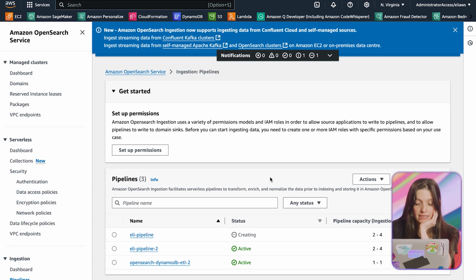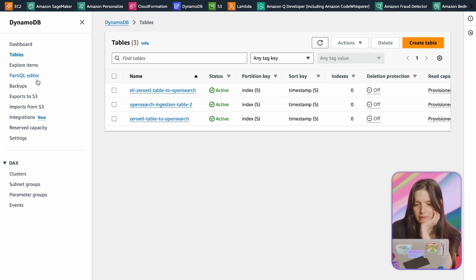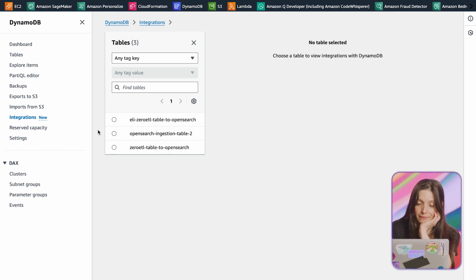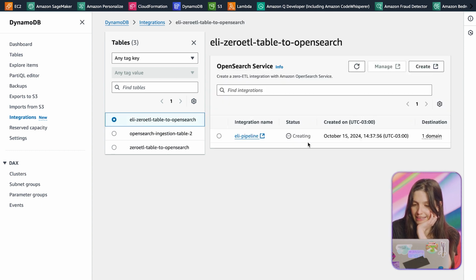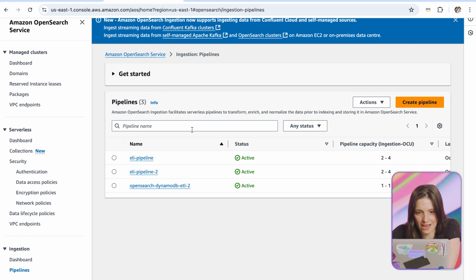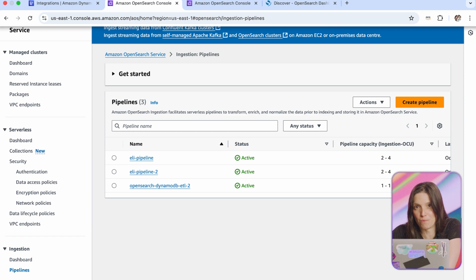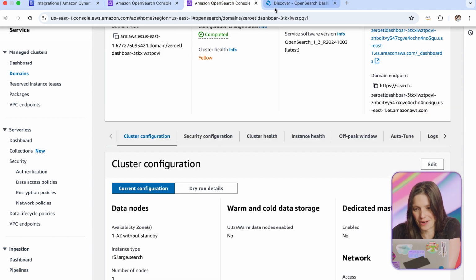You can see here the pipeline is created, and you can see the creation step in the table too. Let me show you. You can go to integration again, and you can select the table, and in the integration console, you can see the status created too. So we have to wait a few minutes. Okay, let's refresh here. Oh, I already have my data active. Let's see in the OpenSearch console. Yeah, it's activated. Now we can view both historical and streaming data in OpenSearch.